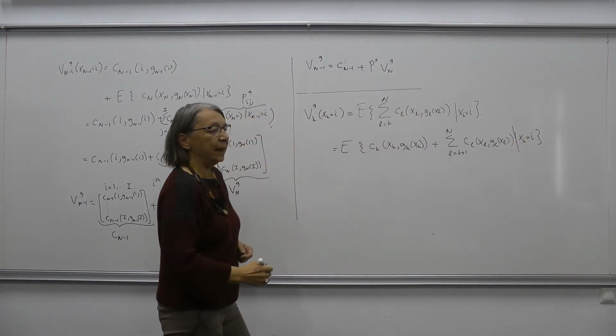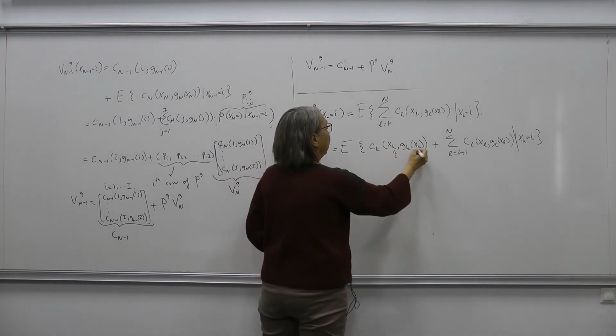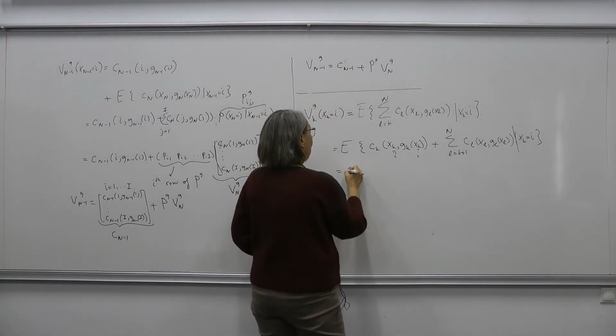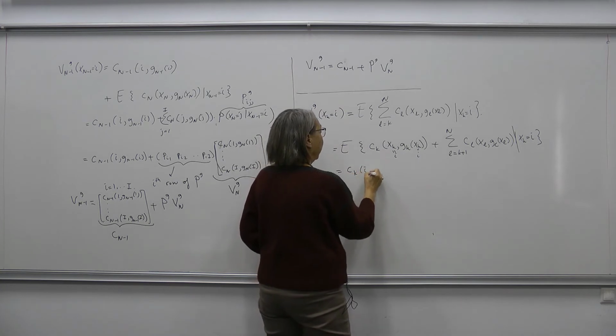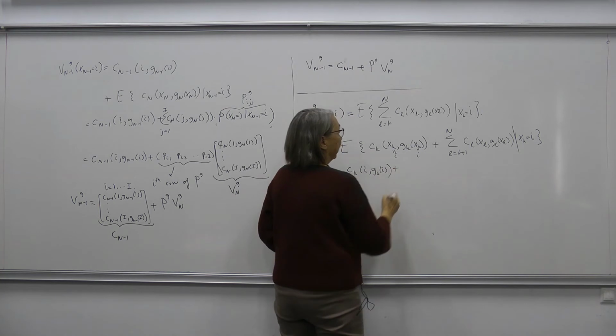And now the first term is again easy because we know the value of x_k. It is exactly equal to I. So the first term is C sub k of I, g_k of I, plus